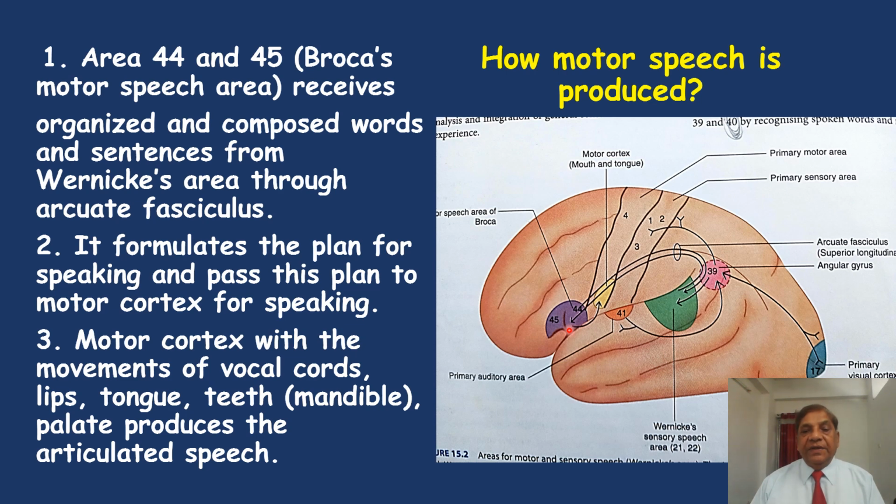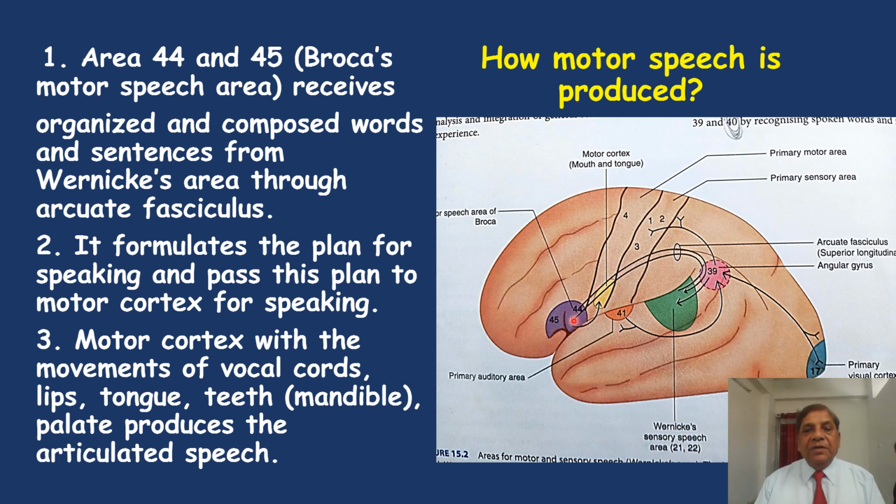Now what is the function of area 44 and 45? After receiving these sensible words and sentences from the Wernicke sensory area, this area 44 and 45 will generate the impulses. Okay, after planning how to plan the motor activity, that will be done. How these words and sentences will ultimately be planned, that means processed and formulated, and then this 44 and 45 area is the main center where the information is generated, I mean to say impulses are generated. Okay, what is to be spoken,